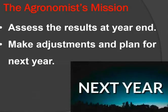Assess the results at the end of the year. How did it go? What should we do different? Make adjustments and plan for next year. So that's all part of the agronomist's